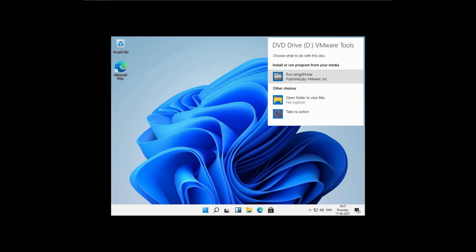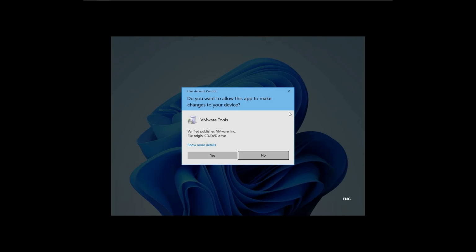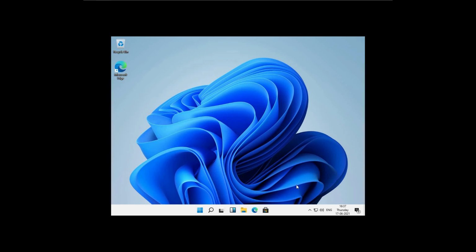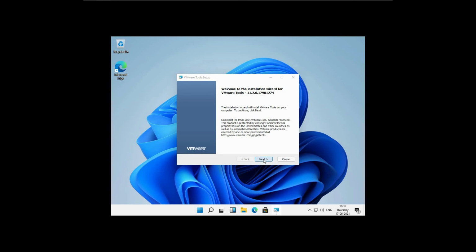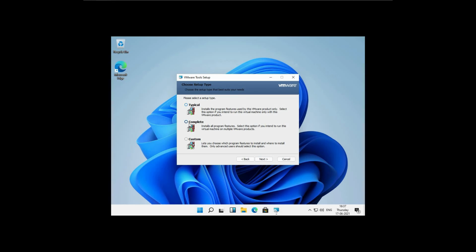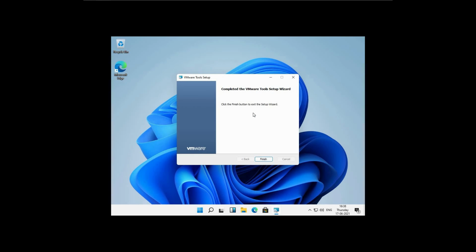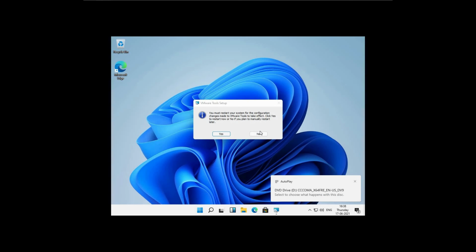To install VM Tools, I will just click on the first option, and here you can see that the installation has now started, and I will just click on next, and here I will click on the second option, next, and then install. And once the installation is complete, I will click on finish, and then it is asking me to restart my PC, so I will click on yes to restart my PC again.